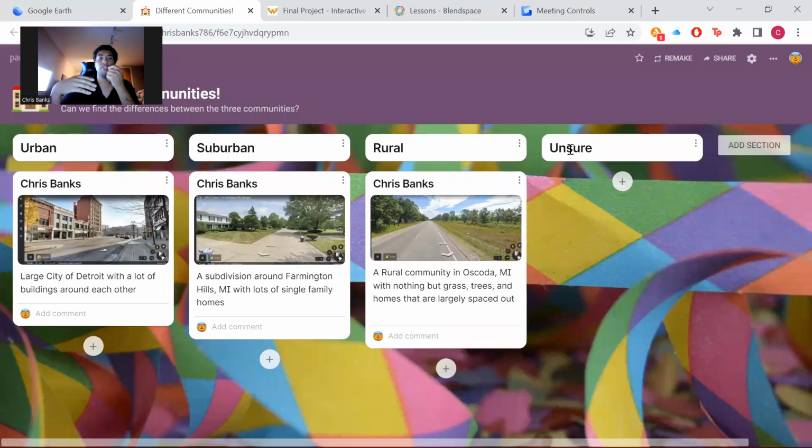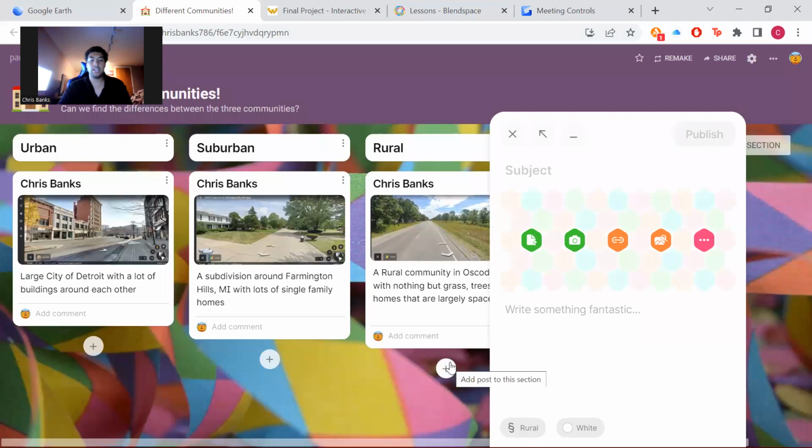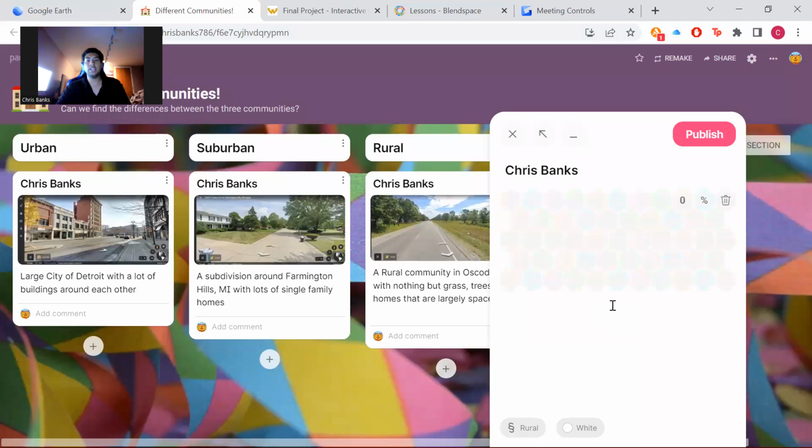Unshore is just for the pictures that the students have taken, but they're unsure what category it falls under. They just post it there, and it works really well for the next part of the assignment. For this, you're just going to have them type in their name, or you can have them type in their table number, whichever one works, and then copy and paste